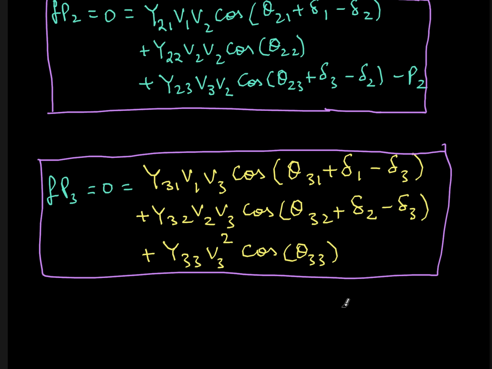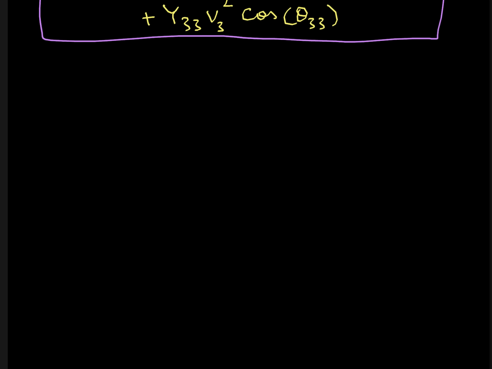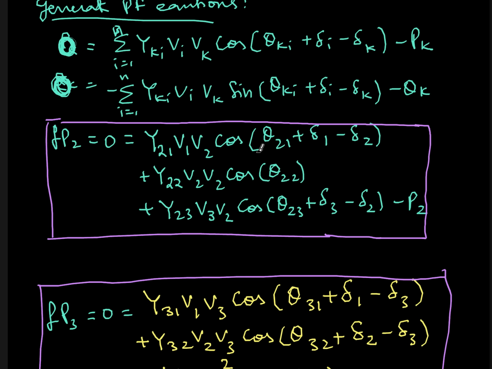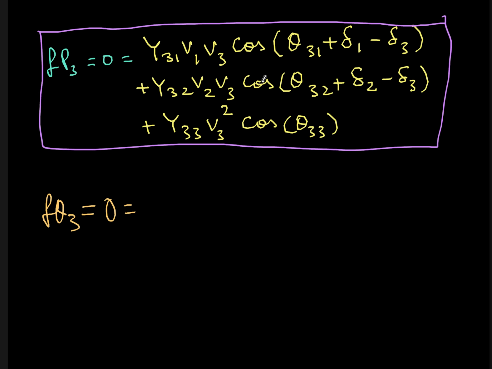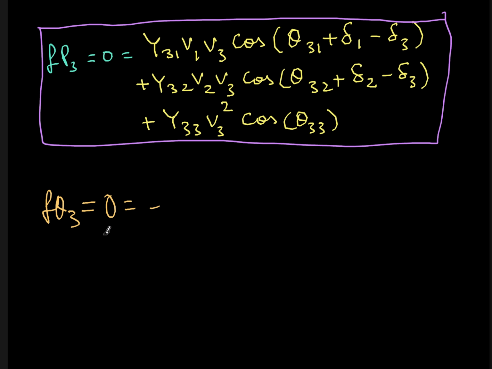Now let's write one more equation, that is FQ3. So FQ3 is the third function. The value is 0 anyway, I know that. So which is nothing but minus yki vi vk. Sorry, this is q2 because q2 is known. So this is minus